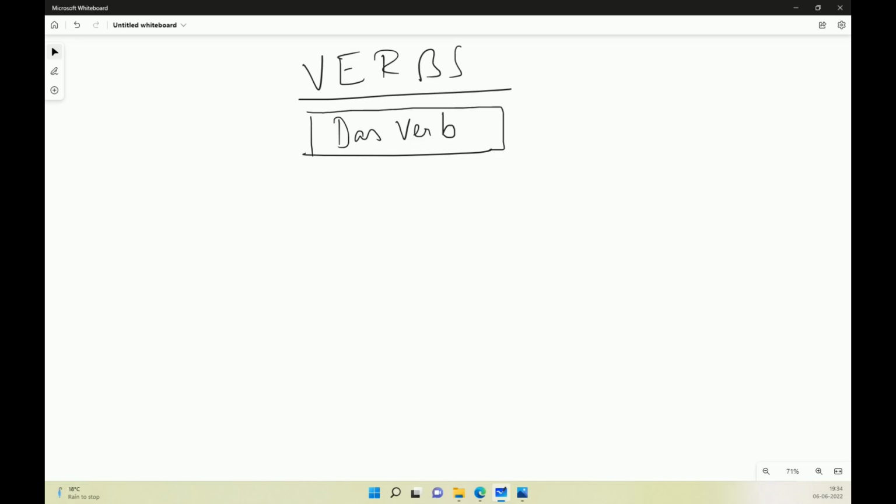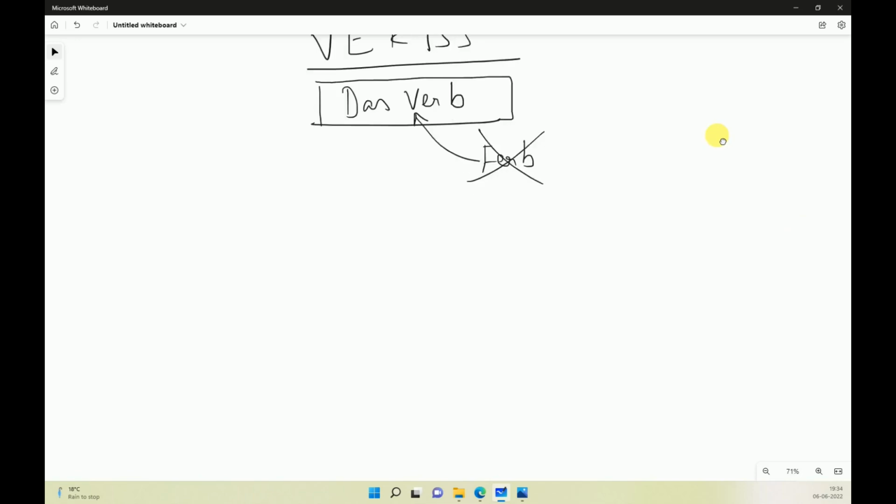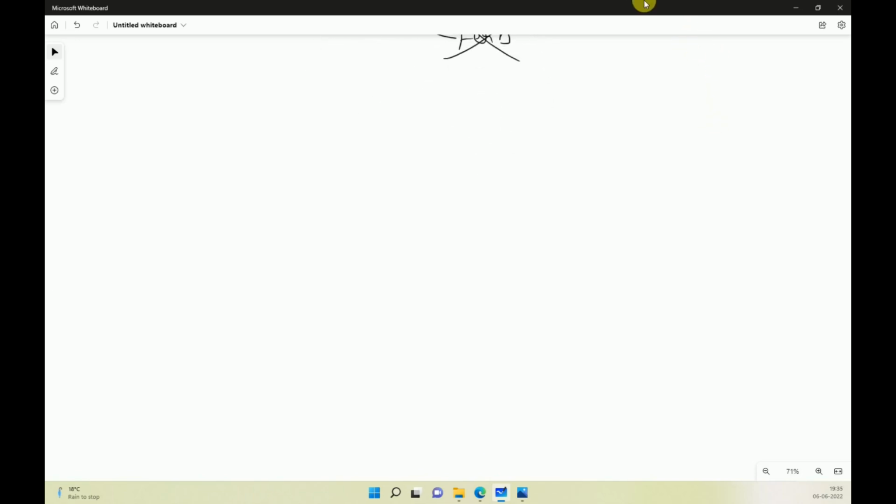I want you to always remember the gender of the noun immediately the moment you learn that noun. So it is das Verb of Deutsch. Now again, please don't say it as it is written in English, right? It is Verb. Okay, so